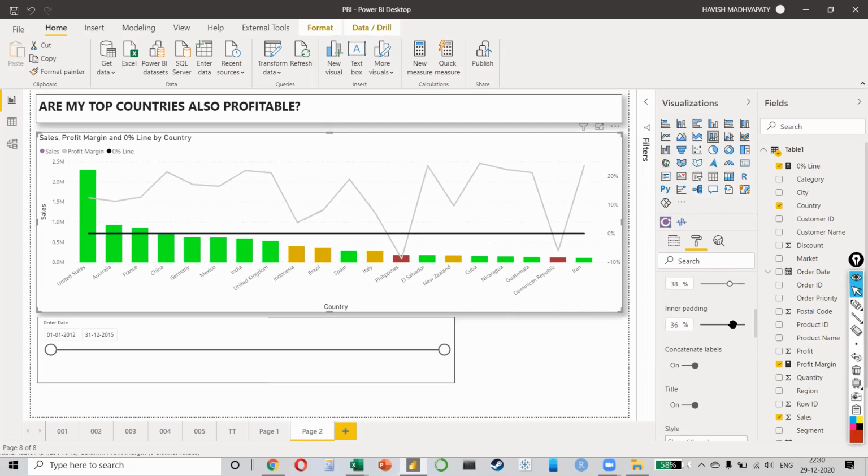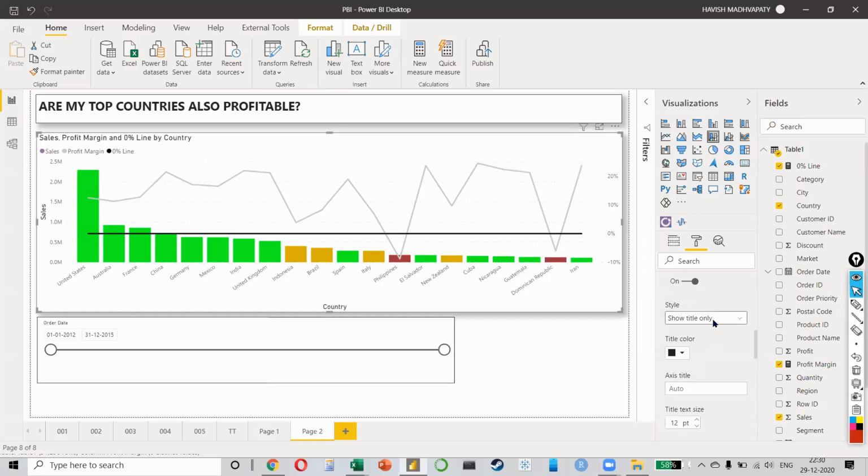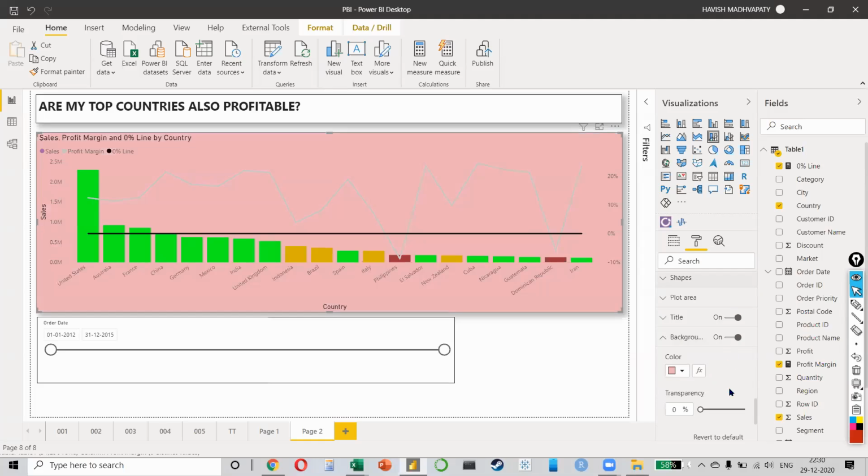So small things like increasing the spacing, to make it look like this. You just have to spend some time and get comfortable with all the options. Okay. Obviously, the background color can also be changed. So just keep a different color here. Actually, leave it. Let's not do that for now.